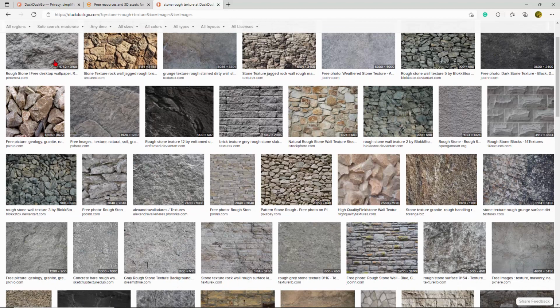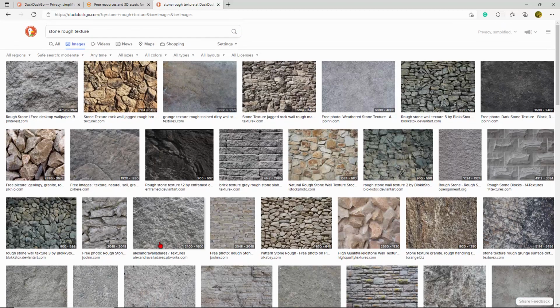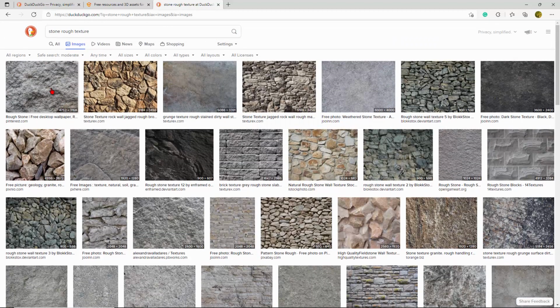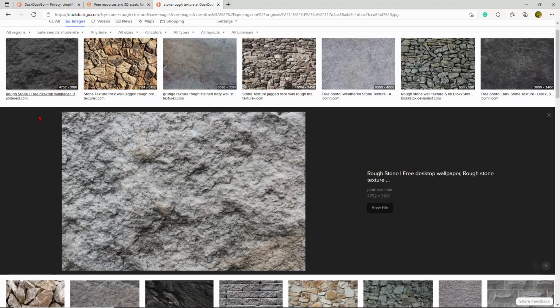You can pick from any of these. The less contrast, probably the easier it's going to be to make it seamless, but the less intense the bump is going to be. Let's go ahead and use this one. We want a pretty rough one. It's a big file too, so you may not need something quite that big, but I'll just click on that